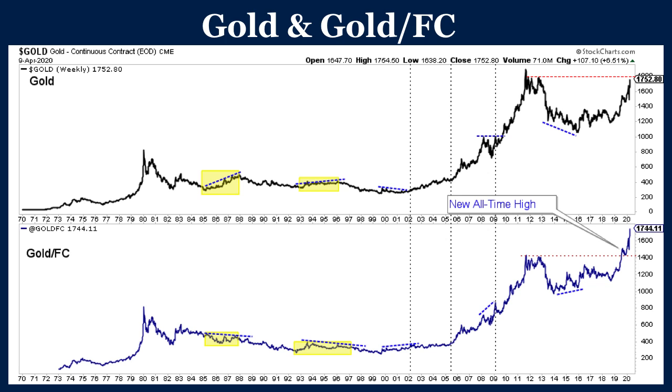Okay, so starting off here, we have weekly line charts. At the top, we have gold. At the bottom, we have gold against foreign currencies. That's a basket where it's equivalent to gold multiplied by the US dollar index. And that's significant because, as you can see in the chart, that chart actually tends to lead the gold price